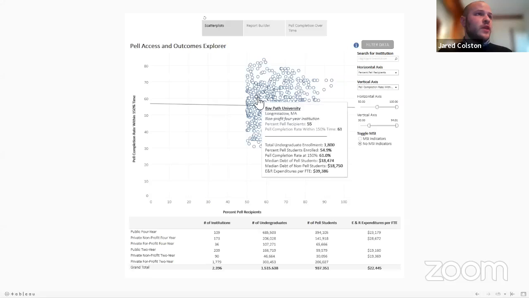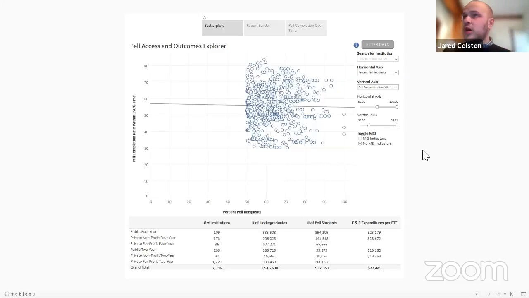and we can see their breakdown of what type of institution they are. So they're a nonprofit four-year institution. We can see their percent Pell recipient. We can see their enrollment. We can also see some financial characteristics. We see median debt of Pell students, median debt of non-Pell students, and we also see their education and related expenditures per FTE. There's a whole host of other options in this dashboard, and what we could do is